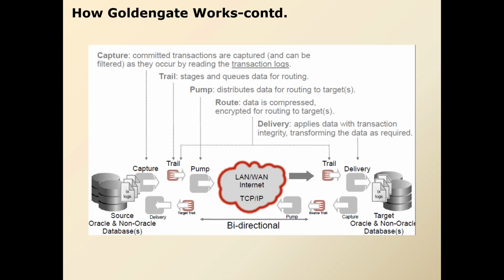The functionality of RAC is just to ensure high availability. The database is one. If one node goes down, it's not like you have different databases running on all four nodes in RAC. You have one single database. It's just that, to ensure high availability, if one node goes down, your database continues to run on the other node, right? So that's the whole functionality of RAC.